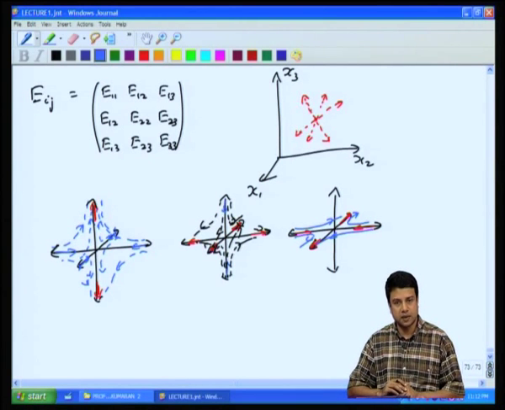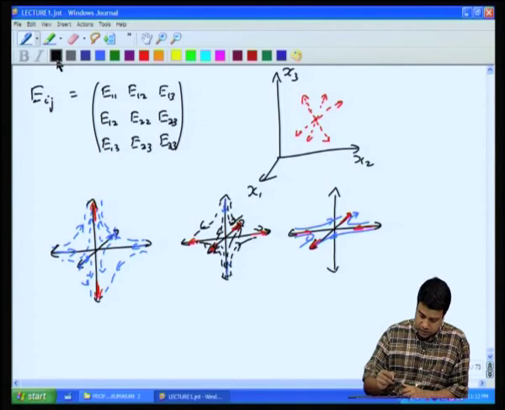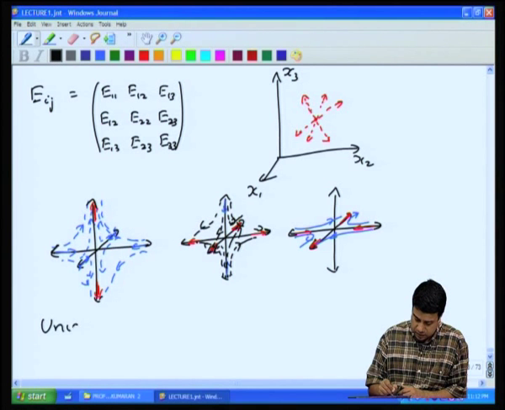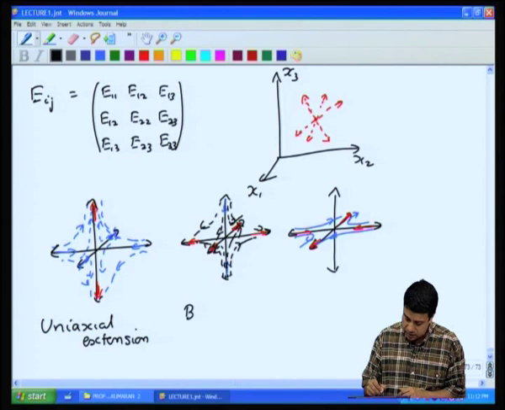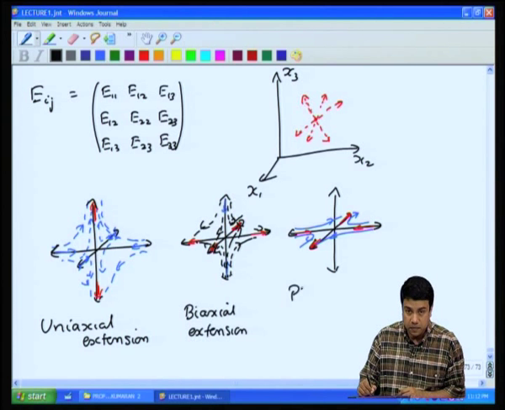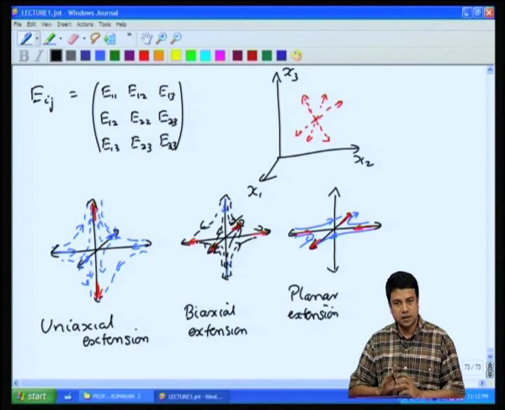Okay, deformation in the plane. So, this is called uniaxial extension, extension along one axis. This is biaxial extension. And this is what is called planar. Okay. So, these are different components of the rate of deformation tensor, and as we shall see a little later,